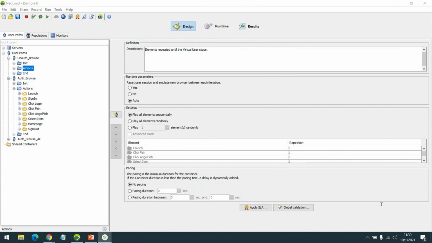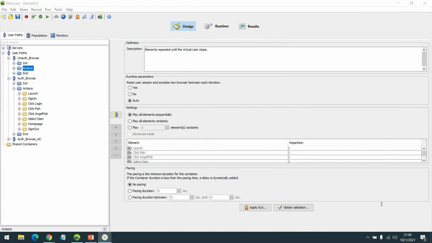Is there any technique? Right now, here we have launch, sign in, and some of the requests also have correlation. Do I need to go one by one sequentially? Yes, you have to go one by one sequentially. Which is easier for correlation, LoadRunner or NeoLoad?